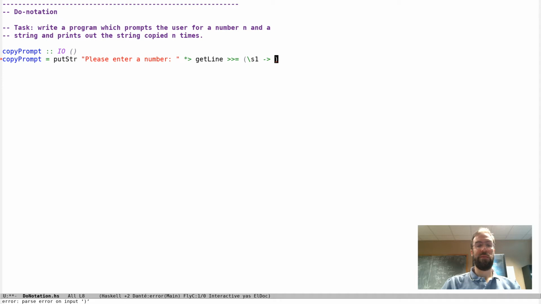I want to have another IO computation that's going to putStr again, "Please enter a string." And then I'm going to say we'll getLine again. And we'll call this S2. All right, this is all still inside this first lambda to this getLine. And then now this is inside this lambda to this getLine. And finally, I'm going to say,